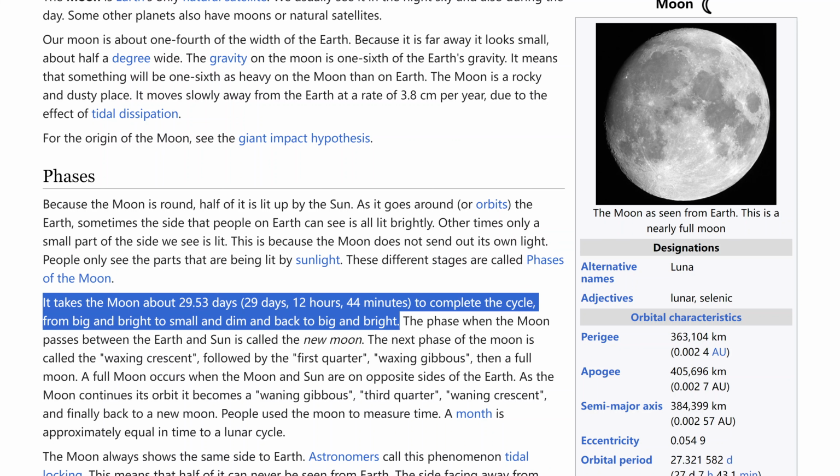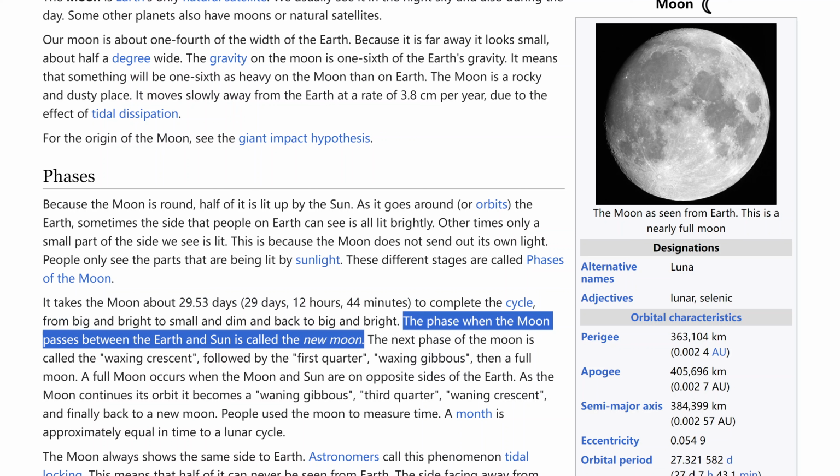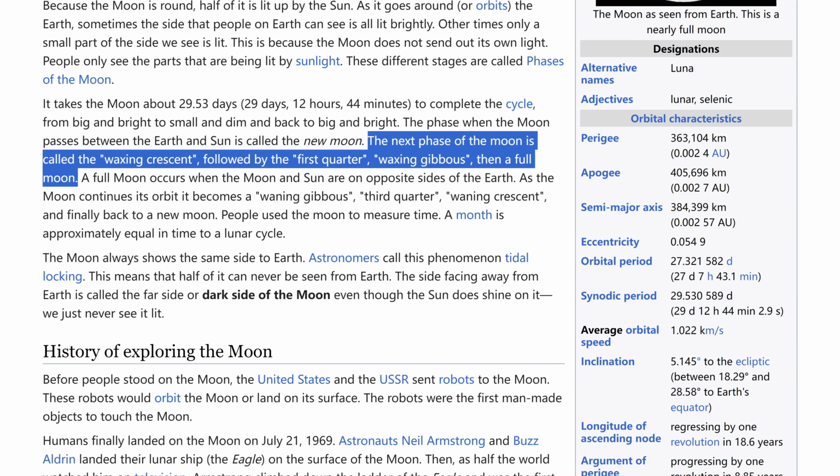It takes the Moon about 29.53 days, 29 days, 12 hours, 44 minutes, to complete the cycle, from big and bright to small and dim and back to big and bright. The phase when the Moon passes between the Earth and Sun is called the new Moon. The next phase of the Moon is called the waxing crescent, followed by the first quarter, waxing gibbous, then a